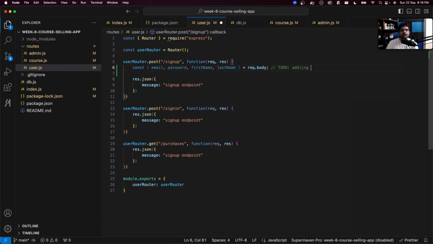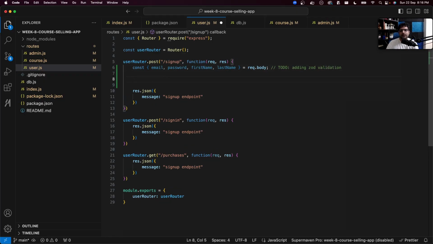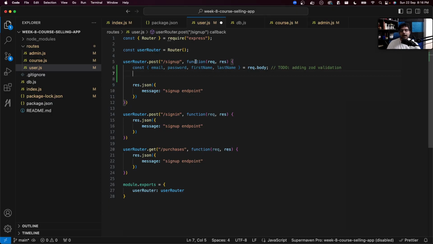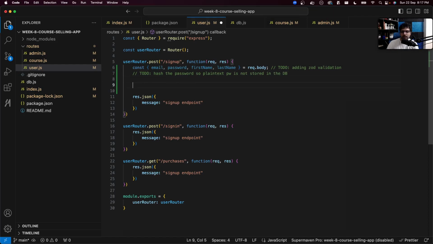What is missing over here? Adding Zod validation. Something we discussed last week. You should add that. Then what do we ideally do again? We should convert the password into some hash. We should hash the password into some unreadable string. How can you do that? You can use the bcrypt library. I'm not doing it again, just to keep it simple for people who haven't gone through last week. But what should you do over here? Hash the password, so plain text password is not stored in the DB. This is another thing we should do over here. Once you have hashed the password is when you should call